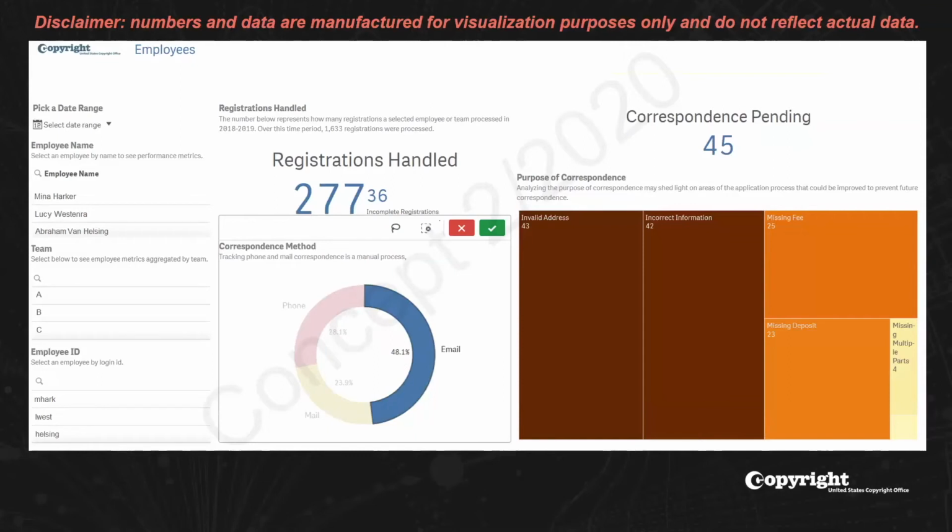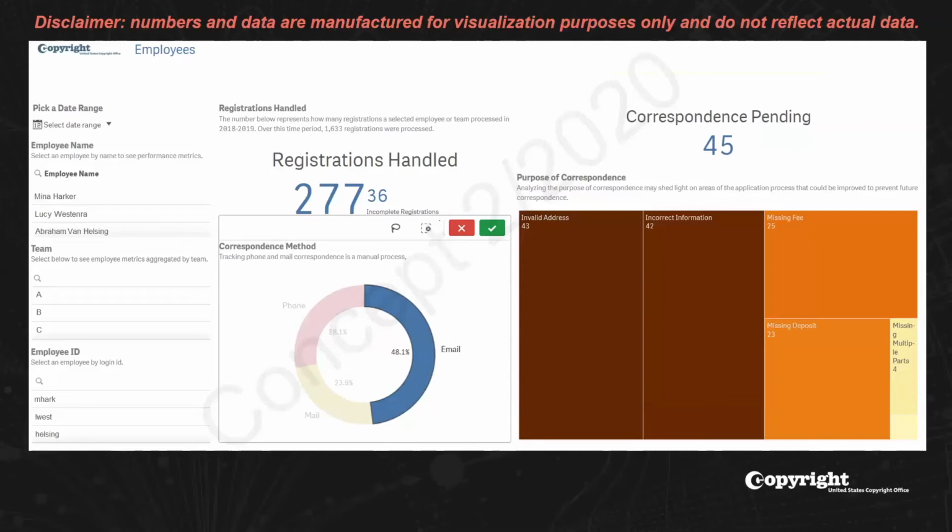This gives an idea of customer behavior, or which is a more efficient way of working with the customers, or which is the more popular method, and we can make it more efficient and more useful to reach out and get information with them. So it gives you a corresponding data about how much correspondence is pending and what is